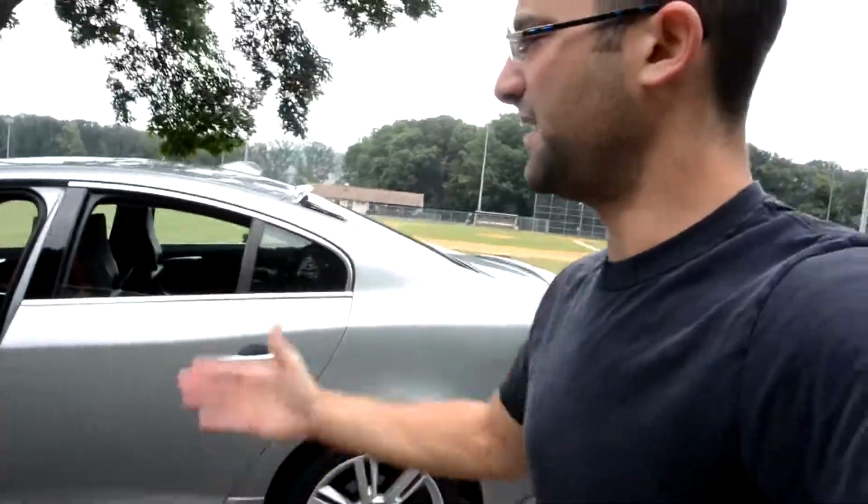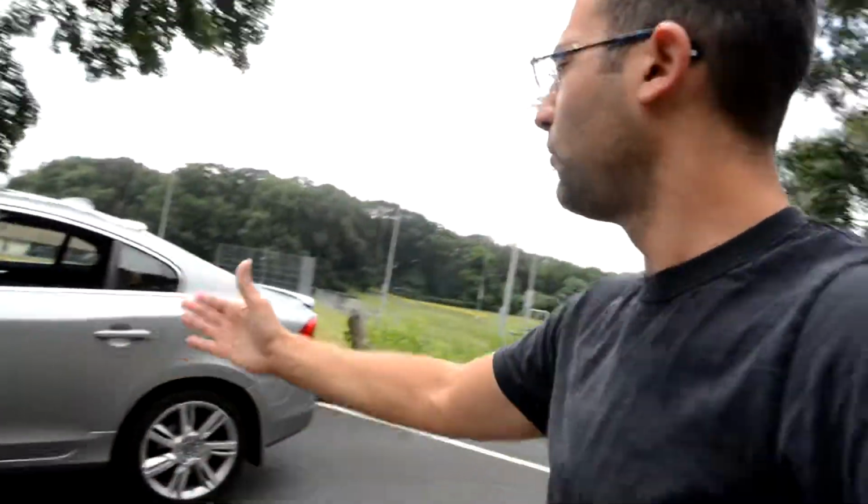I'm ending this on value because this car is a lot of car for the money. When I purchased this thing 2 years ago or a year and a half ago, I paid $21,000. It had 26,000 miles on it. It was out of a 3-year lease. The Volvo dealer fixed everything. There's not one scratch, there's not one dent on this car. And I paid $21,000. No money down. And I even sold my old Saab, took that cash and ran with it. A lot of value. So, totaling that value to number 8,